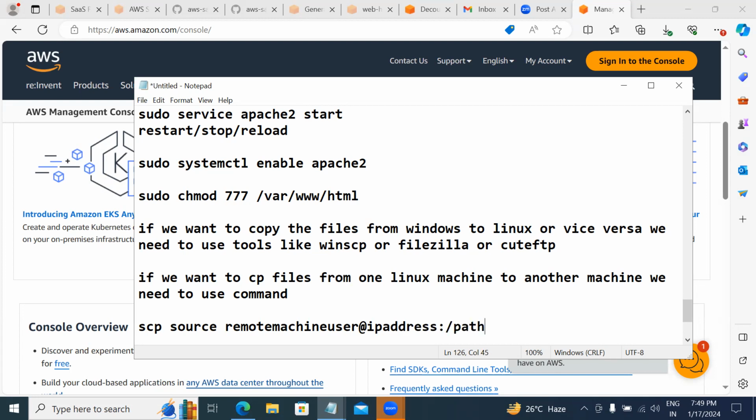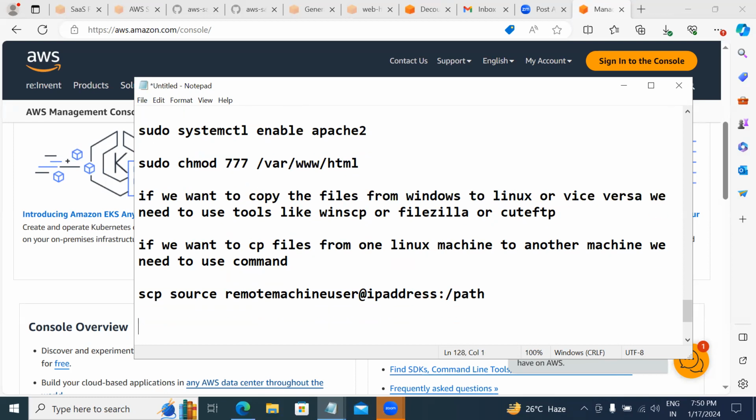Okay, so SCP is for Linux to Linux. The command is scp, source, and remote machine, where we need to copy. If you want to copy files from Windows to Linux, which command do you need to use? Use tools, right? Yeah, WinSCP, those kinds of tools. But if you want to connect to a remote Linux machine from Windows,